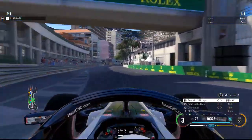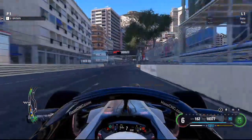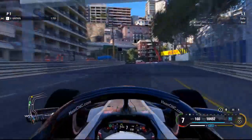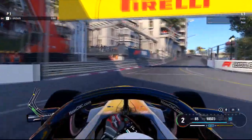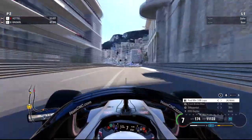Alright guys, time for qualifying. Let's see where we can land, because Monaco is all about your position, and qualifying is so important here. It's one of the biggest qualifying runs of the year because of how tight and narrow this street circuit is,